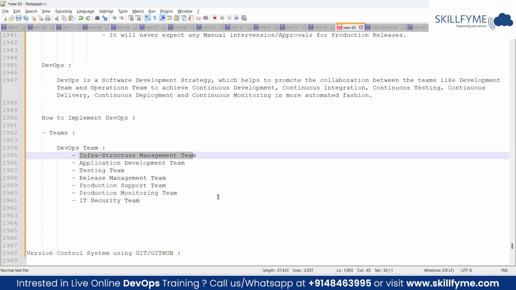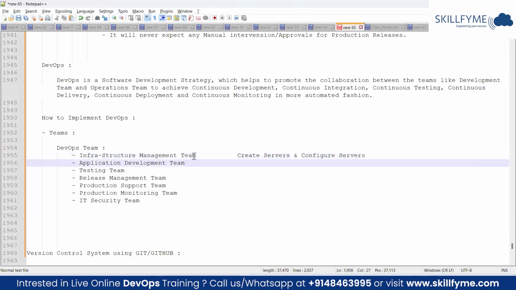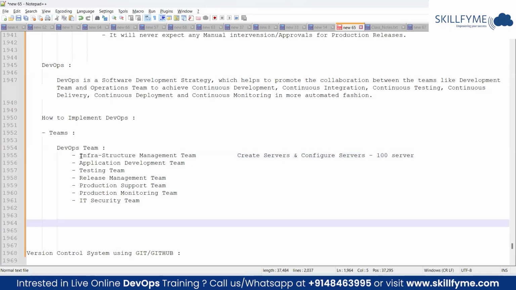Consider, I have an infrastructure management team. Their responsibility is to create servers, right? And configure the servers. That is their role. How do they do this activity? Are they doing it manually, or do they have any automation tools? If I get a requirement to configure around 100 servers, each server will have its own configuration. How quickly can they create 100 servers for my requirement? How much time do they consume? From that perspective, we will have to do a detailed analysis, and we will help them to automate their process using some DevOps tools like Ansible, Terraform, that kind of thing.